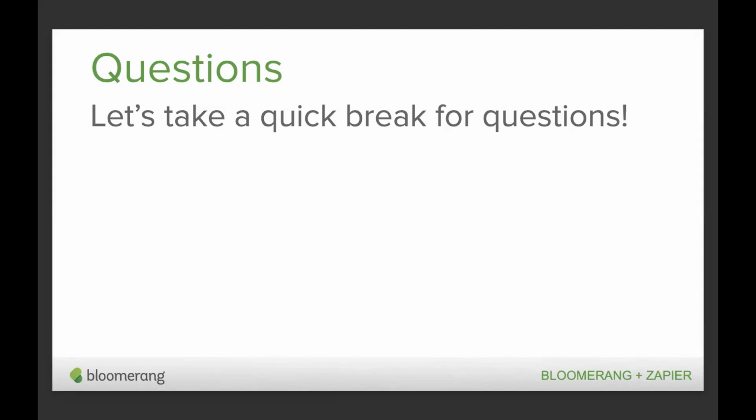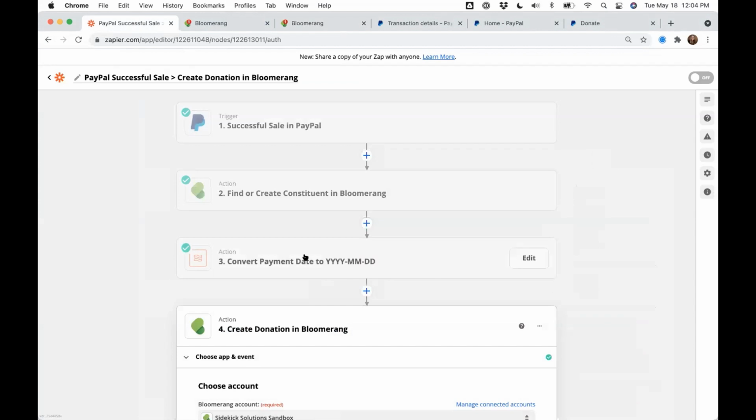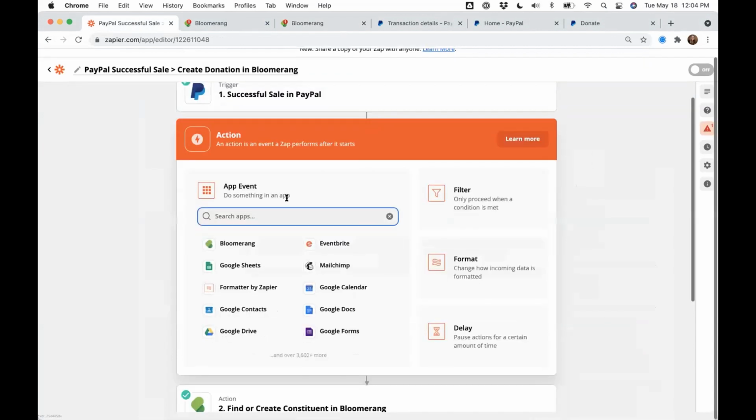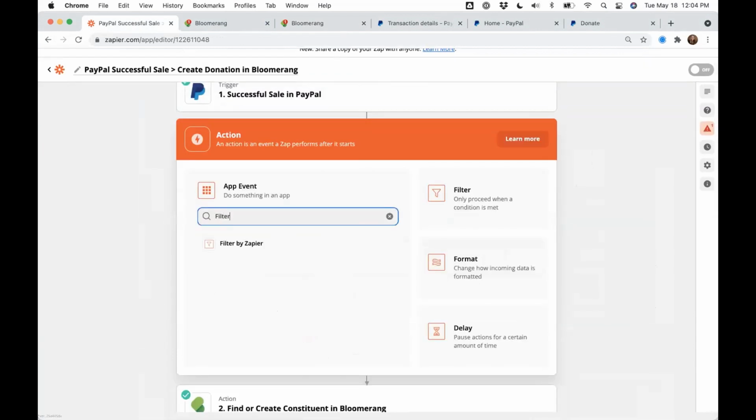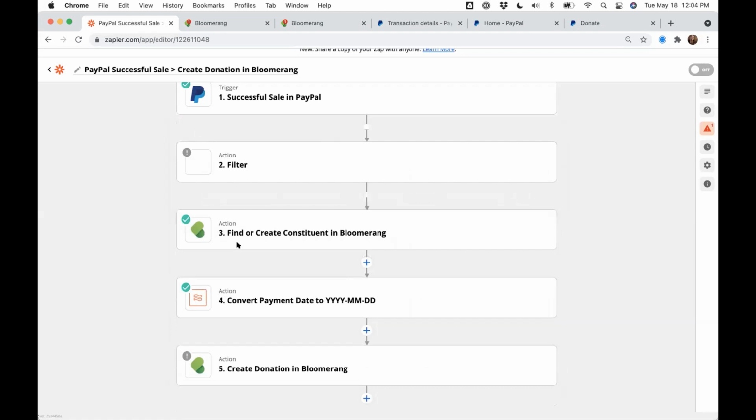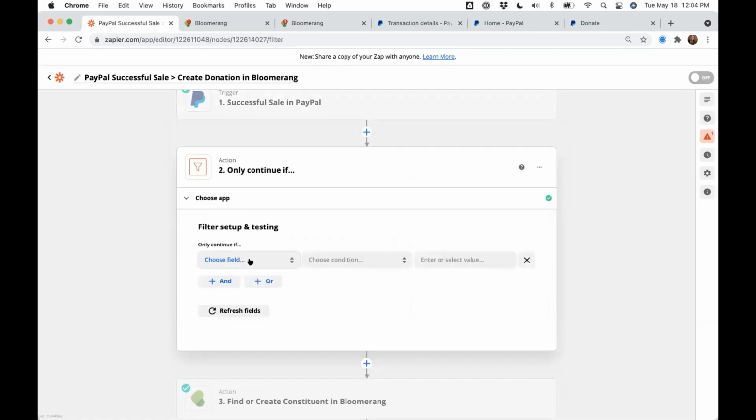Yes, so typically using filters. Zapier has an option that we can filter, and I'll show an example of that here real quick. Let's say, for example, we wanted to filter and only allow certain types of transactions from PayPal to sync through. Filter by Zapier is a free app to use in Zapier that allows us to set up logic